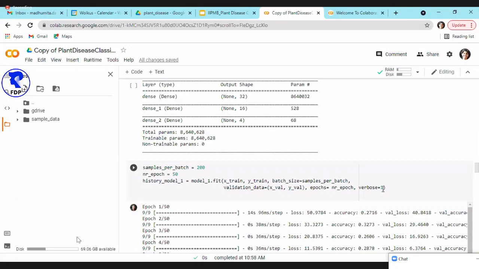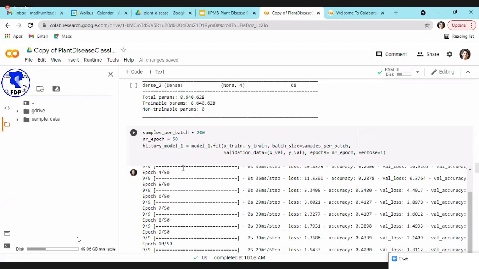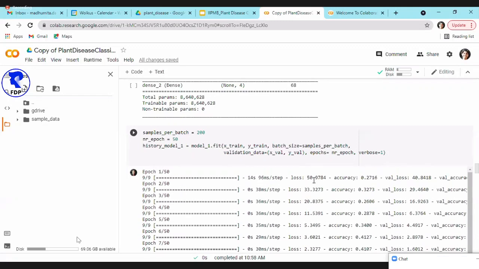Verbose: if you pass 0 here, these messages wouldn't show. But if I write 1, I want to see each step. That will show you how your model is doing. I name this output history_model_1, just a variable to save it and use it in the future. When you run this, you will see that at each step of learning the loss function reduces.